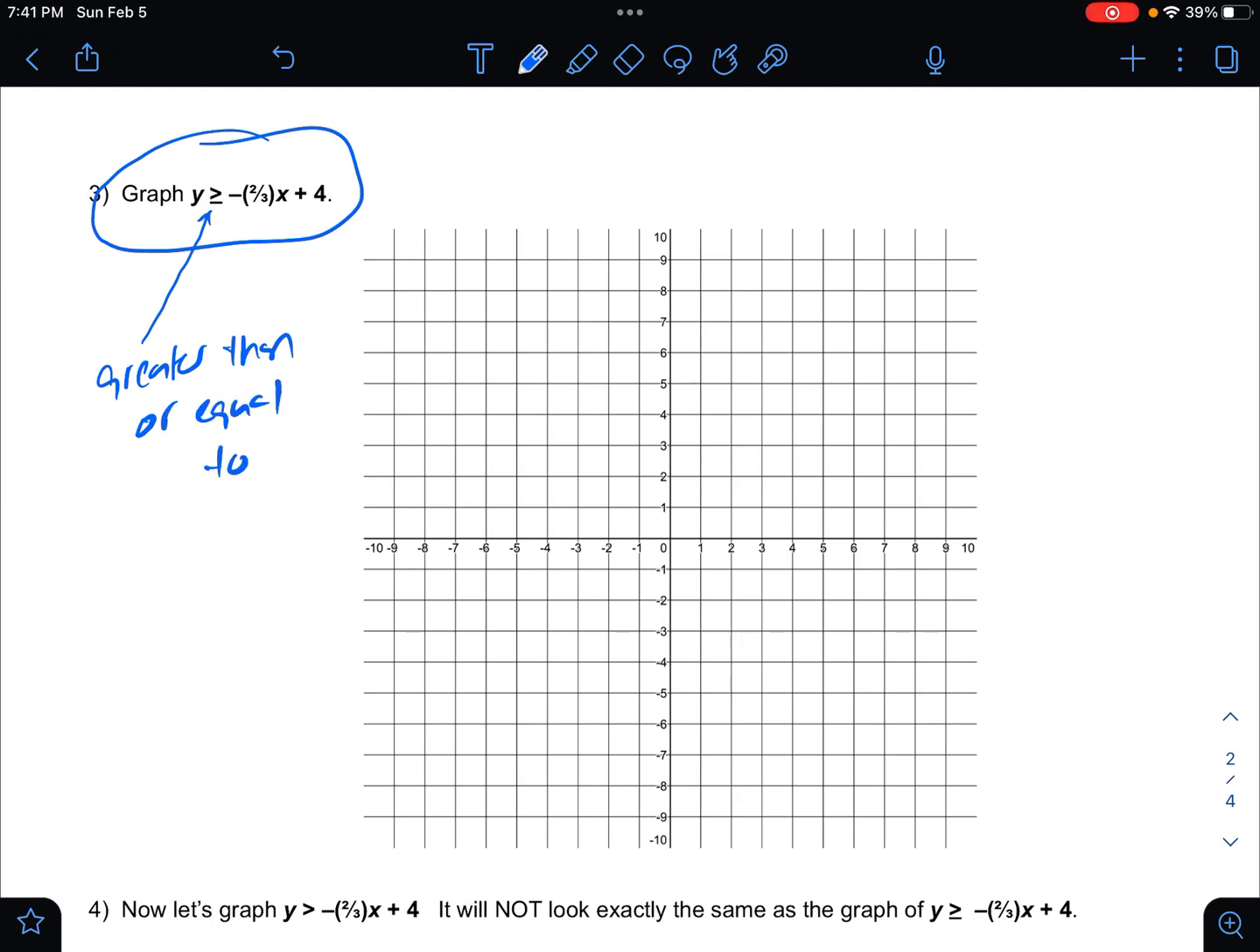But the first thing we're really going to do is just think about this as an equation that we are going to graph in intercept form. So we're going to think about the y-intercept value first, which is positive 4, and then the slope value second, which is negative 2/3. So negative 2/3 means from our y-intercept, we're going to rise negative 2, we're going to go down 2, and then we're going to run positive 3. So we're going to run to the right 3. So down 2, right 3, down 2, right 3,